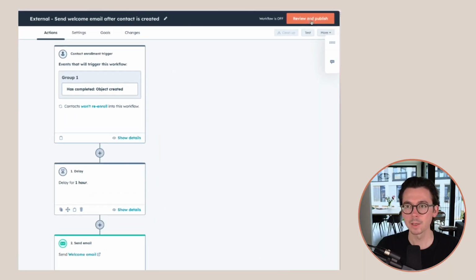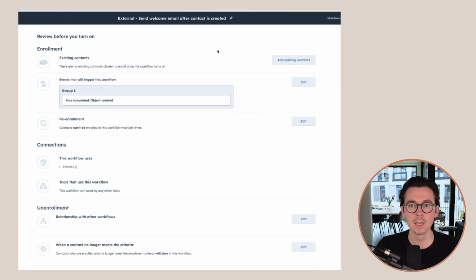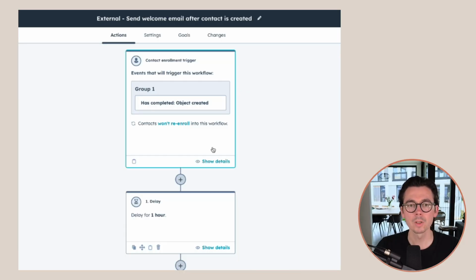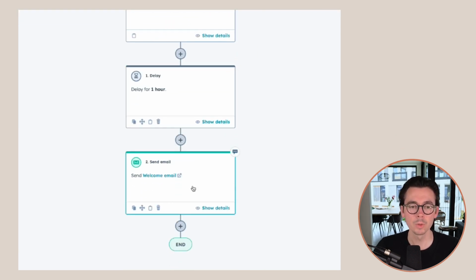So then we just say review and publish. Here you can always say add existing contacts. In this case, we do not want that because then everyone would get this welcome email even if they were created a long time ago. And we'll just turn this workflow on, and from now on, any contact that is created in our system will receive our welcome email after 1 hour,